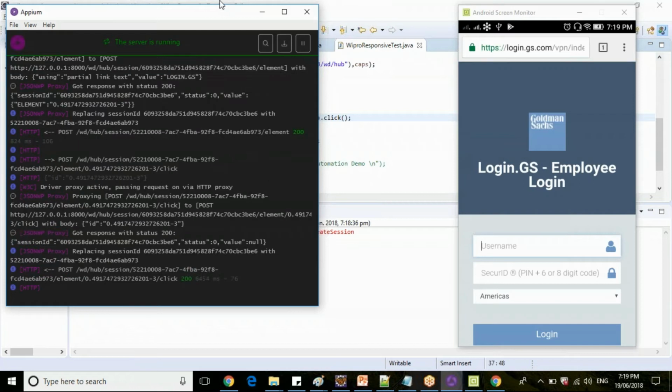Yeah. So now it has clicked on the submenu button. Let's enter some username and password. Then we'll click on the login button.